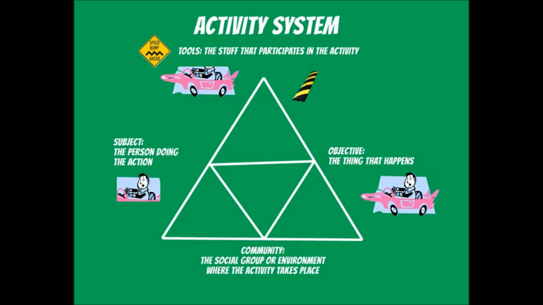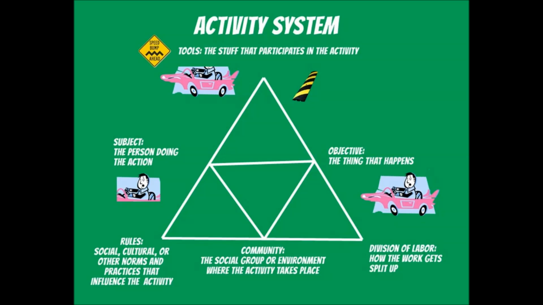Down here we've got community. Even though it seems like driver Dave was the only guy on the scene, other people actually had influence on this activity. Other people decided to build the speed bump, and other people put up a sign to tell Dave about the speed bump, and other people probably built the car that driver Dave is driving because driver Dave doesn't really seem like he'd be able to build a car himself. Here we've got division of labor. Sometimes we divide up the labor with other people, and sometimes we let tools help us out with the tasks. Like driver Dave let his car do the rolling part, which is kind of essential to driving.